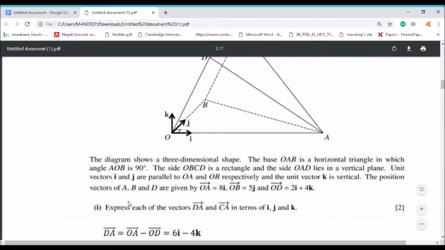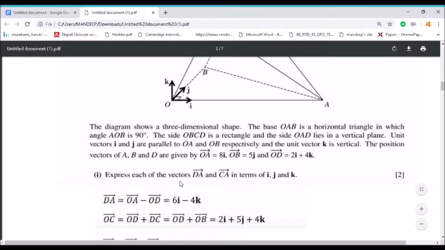The position vectors of A, B, and D are given by OA equals 8i, OB equals 5j, and OD equals 2i plus 4k. Okay, let's solve. Express each of the vectors DA and CA in terms of i, j, k. So DA,